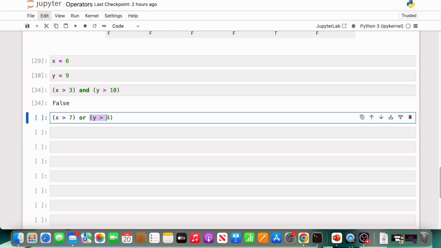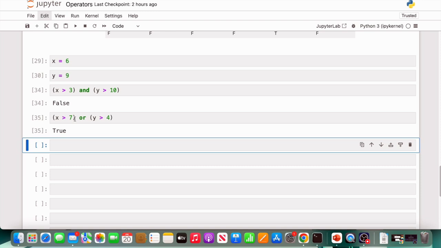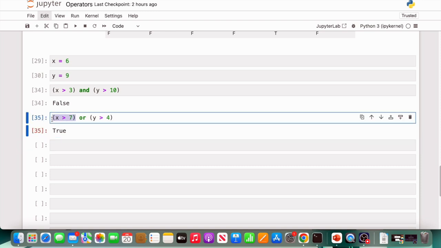Right hand side, y greater than 4. This is true because y is 9, we know. So 9 greater than 4 is true. So the left hand expression is false and the right hand expression is true. If we were using and, then it would become false because one of them is false. But when you use or, this is the difference between and and or: when any of them is true, then it becomes true. See, it's true. Although the left hand expression is false, we are still getting true